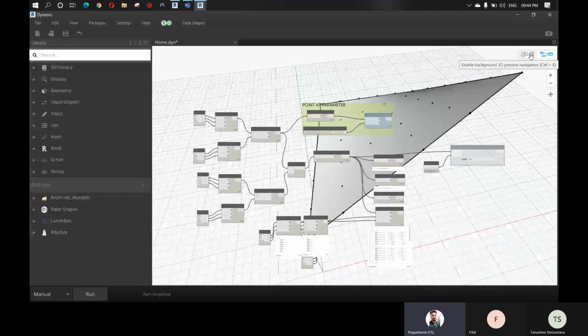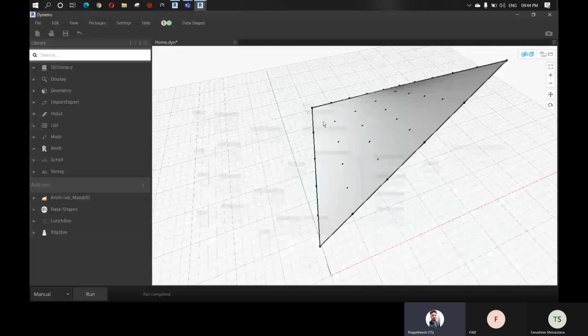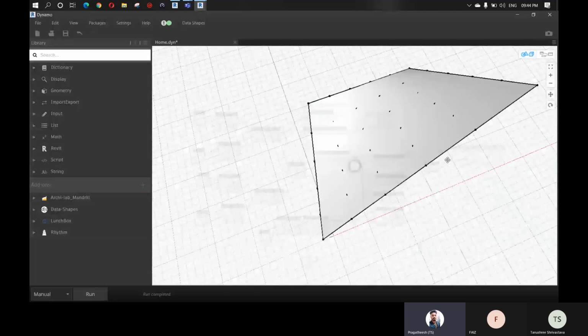Here we got our canopy structure, and what you're seeing here are the points which we have generated using the Surface.PointAtParameter. Yesterday we discussed lacing, right? I hope you remember lacing. With the cross-product lacing, we created all these points. There were three types of lacing: shortest, longest, and cross product.